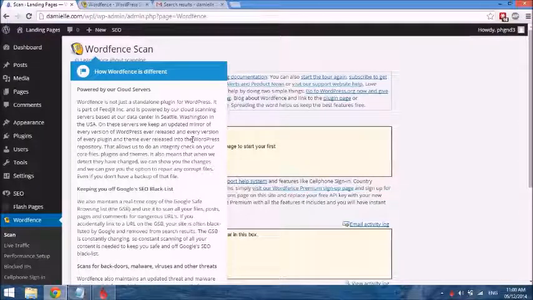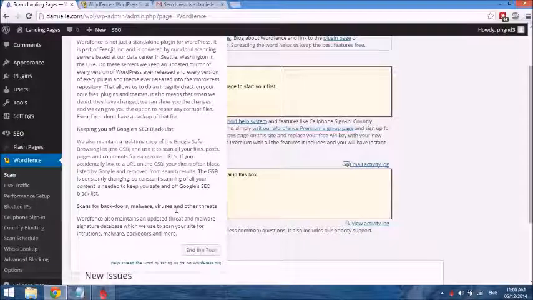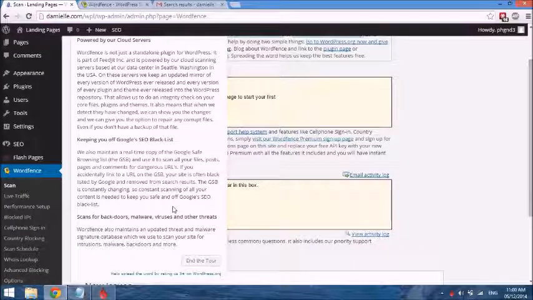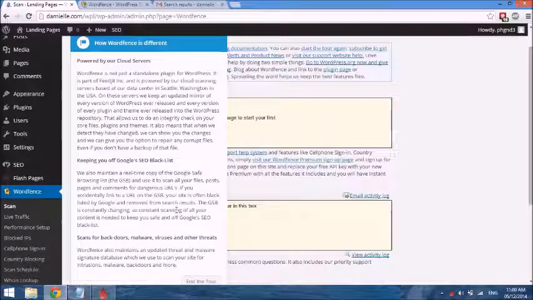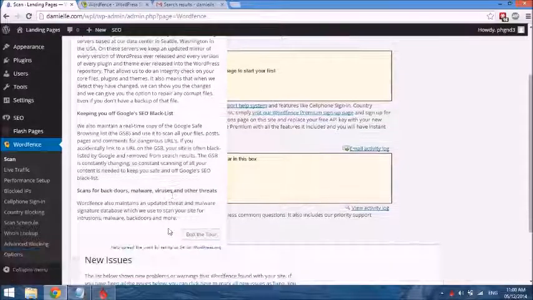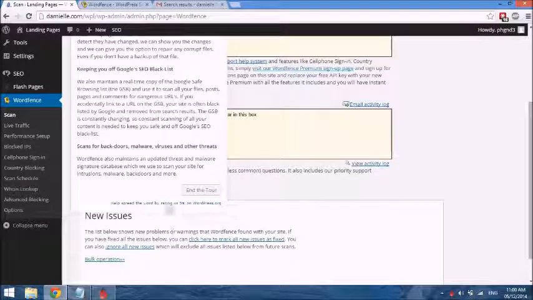So this is what I mentioned before, that once one site is attacked, all sites will be notified and protected. And of course, keeping your site hack free is a good way to keep out of Google's SEO blacklist. The plugin also scans for backdoors, malware, viruses, and other threats. Okay, so we can end the tour,